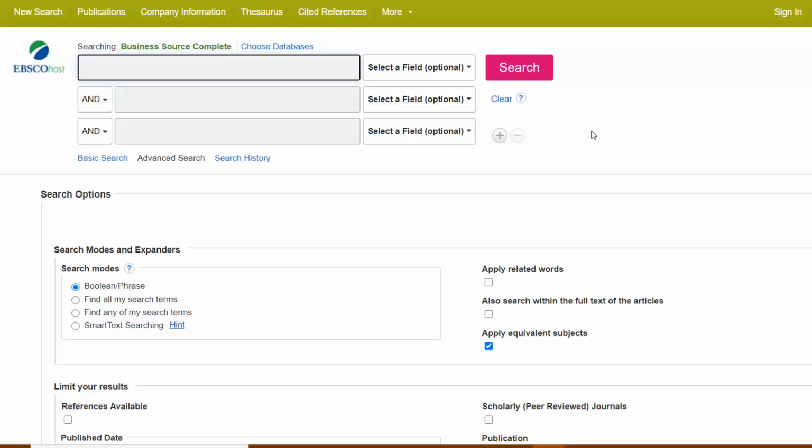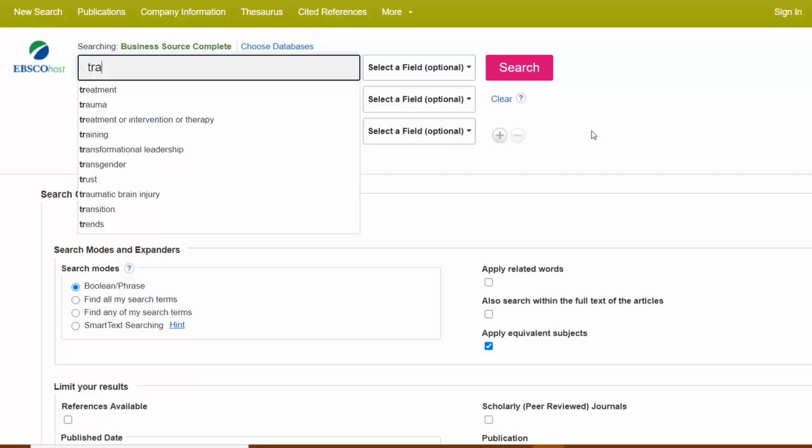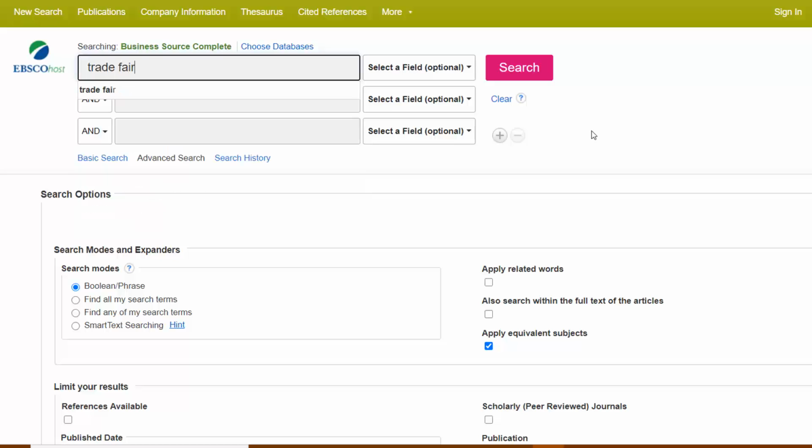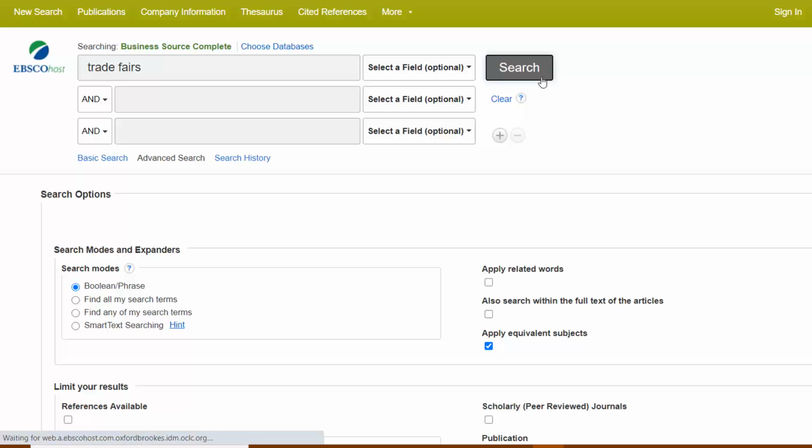And I'm going to show you an example of a search and how we can improve it with the use of different techniques. So imagine I was looking for information about trade fairs and marketing at trade fairs. So if I just put in trade fairs and hit search,